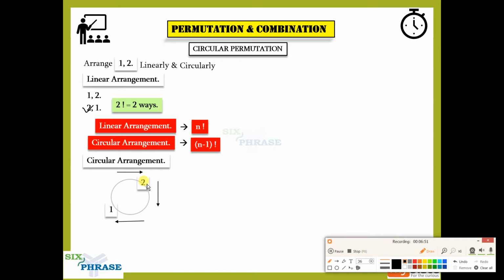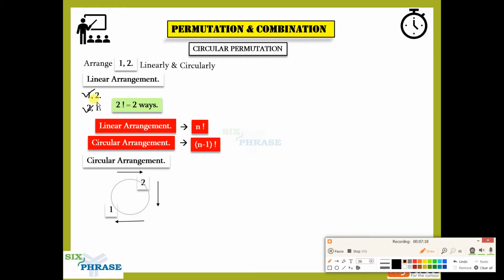So if I look at it this way, 2 comma 1 will be my first combination. So 2 comma 1 is represented in this circular arrangement. Not only 2 comma 1, look at this, 1 comma 2 is also arranged. Yes, this is also in the clockwise direction, right? So 1 comma 2 is also represented in the same circular arrangement.